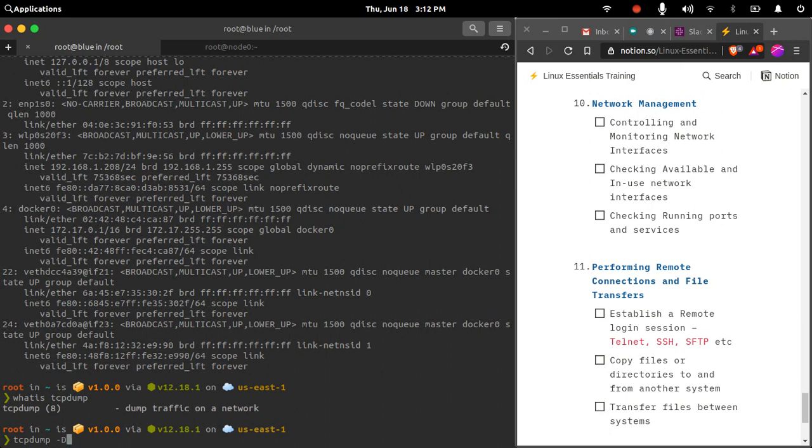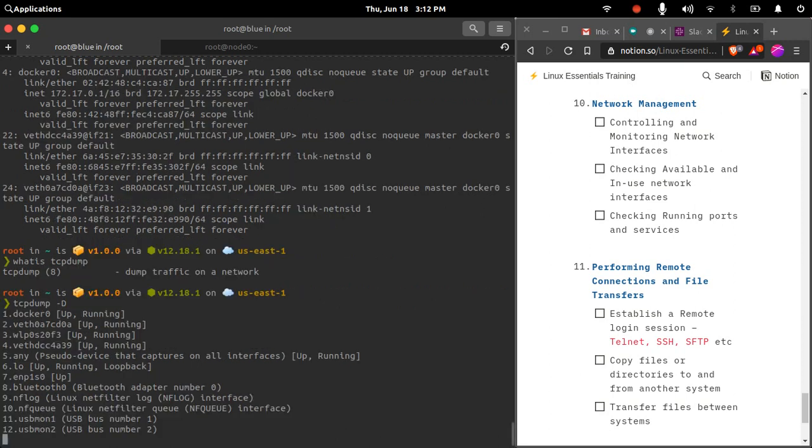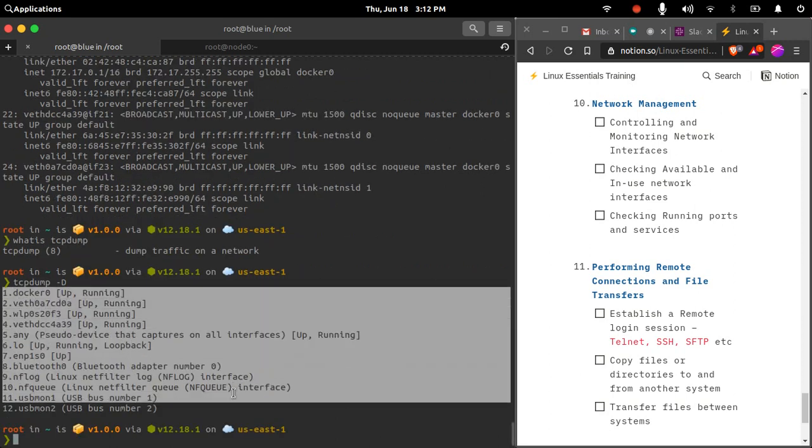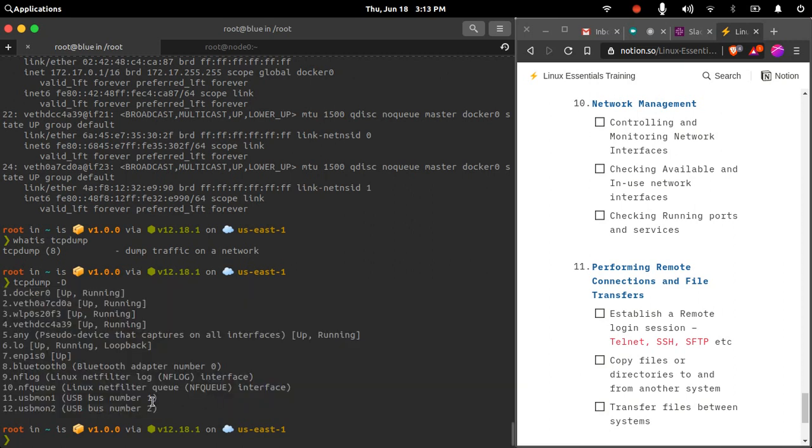If I pass option -D, capital D, it will list all the currently attached network devices. These are the network devices that I currently have on my system. It will also give me the current state, whether it is up and running, and it will also show me other devices like my Bluetooth adapter and USB bus details as well.